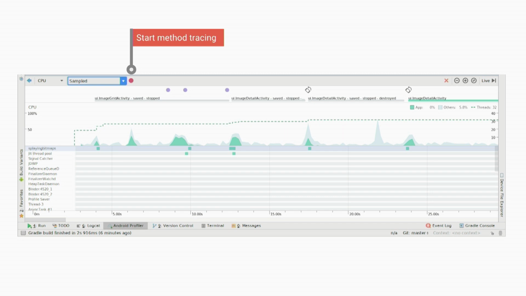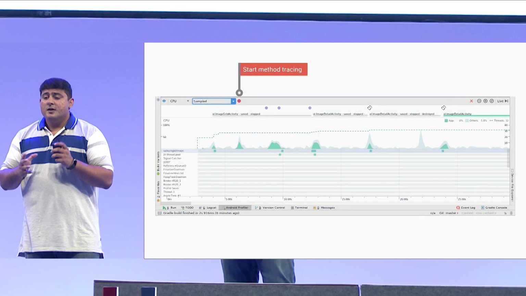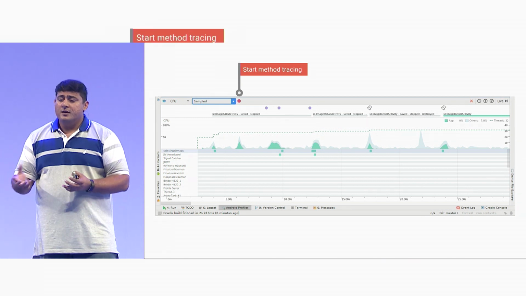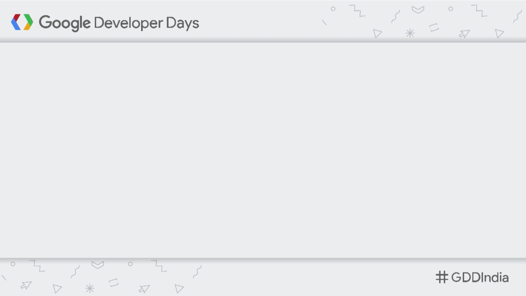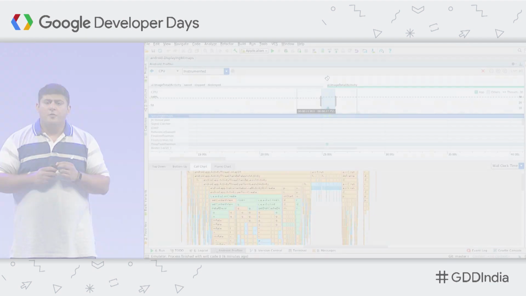A lot of you might think, oh, then instrumented is much better, right? Because we get much more detailed information. Not exactly, because instrumented has a much higher load on the system because it has to work continuously. So if you use sampled, the system is not loaded as much. So depending on the use case and what you're trying to solve here, take one of these two. Let me load up one of the profiles that you have.